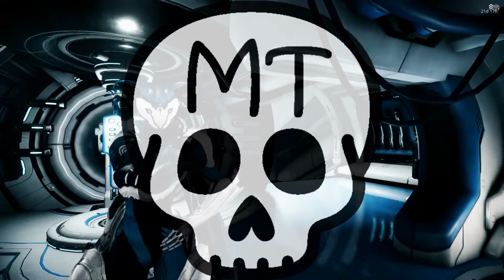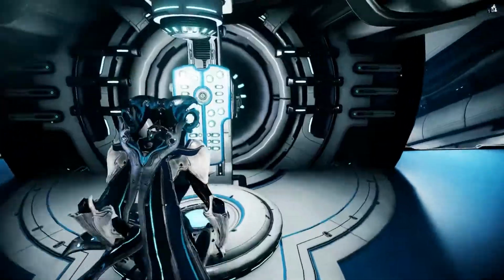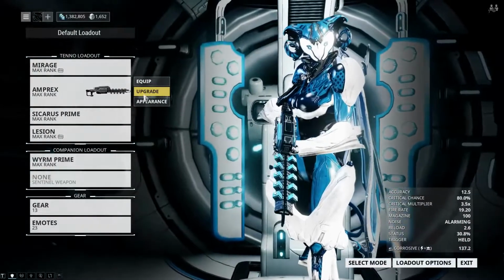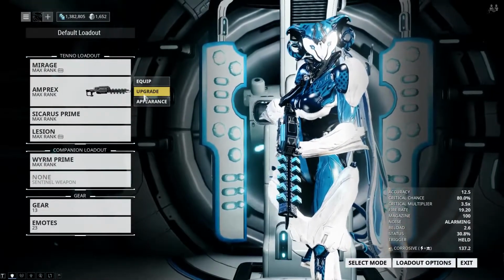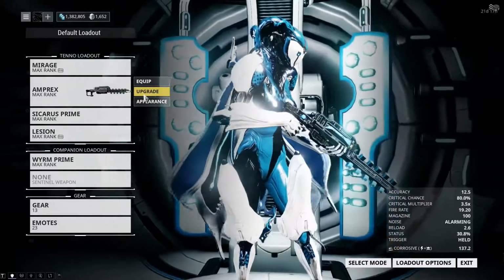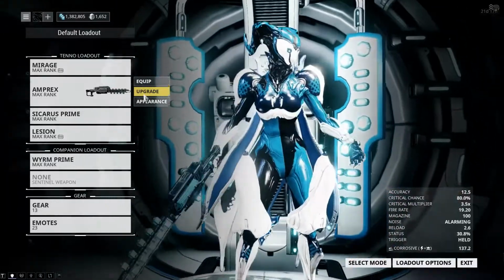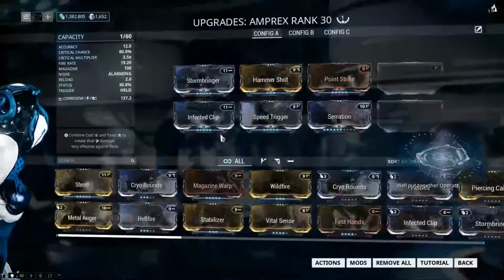MorbTron back today with more Warframe, and today we are doing a no Forma weapon build on the Amprex. So, if you're like me and you're newer to the game, and this newest patch has you all in a tizzy over beam weapons, and you bought yourself an Amprex because people say that's the best one to use, and you want a build that takes no Forma and actually does a ton of damage, look no further than this